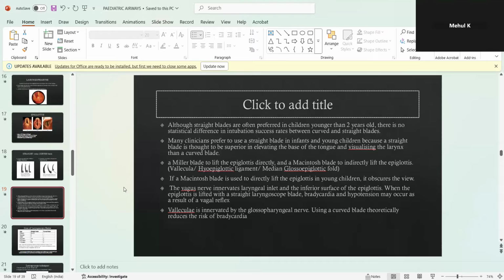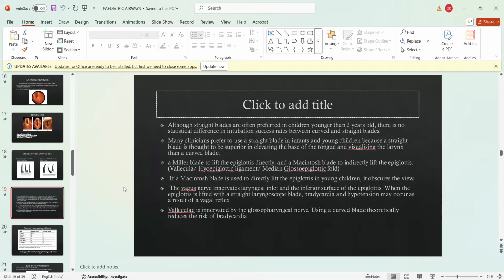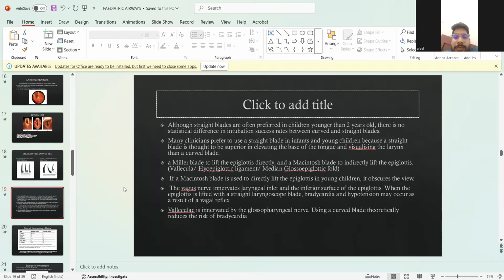Many clinicians prefer to use a straight blade out of practice, because they feel it is superior in elevating the base of the tongue and visualizing the larynx as compared to a curved blade. We'll see why. But the success rate of intubation is the same with both of the blades. How is the laryngoscopy response that these both elicit different? It is based on the fact that